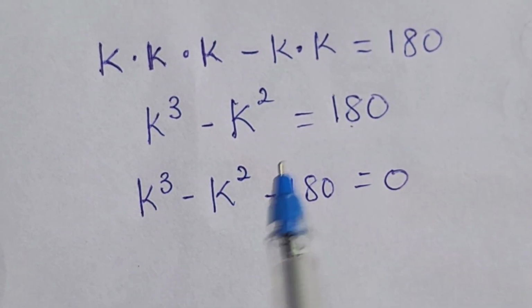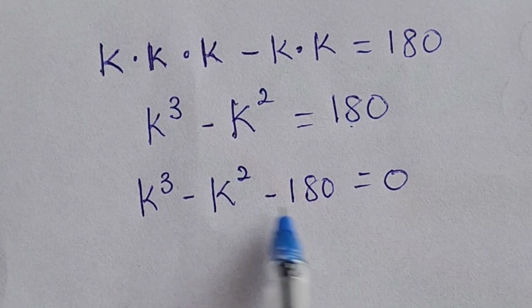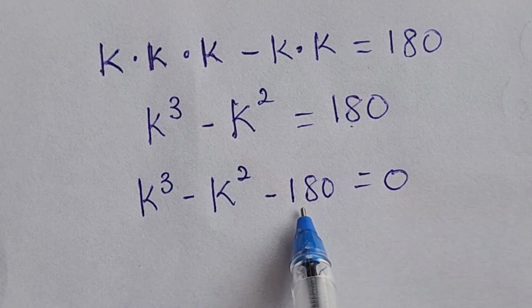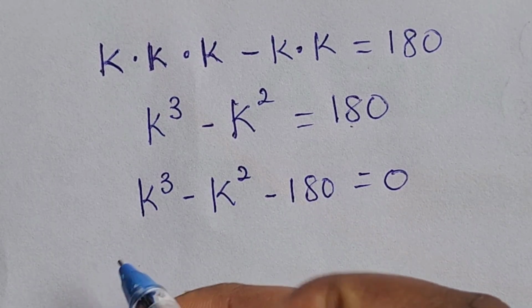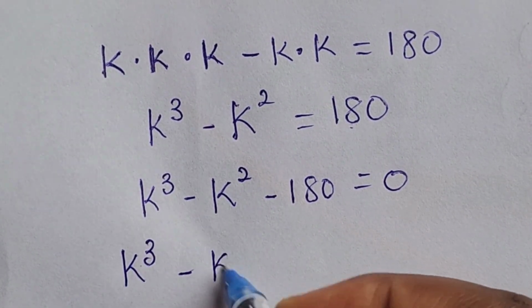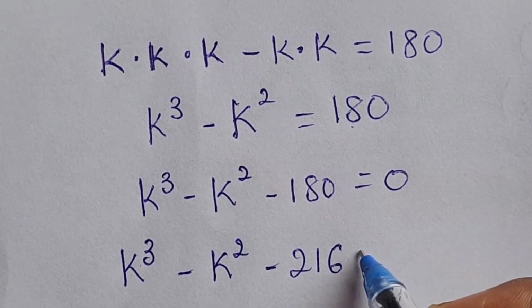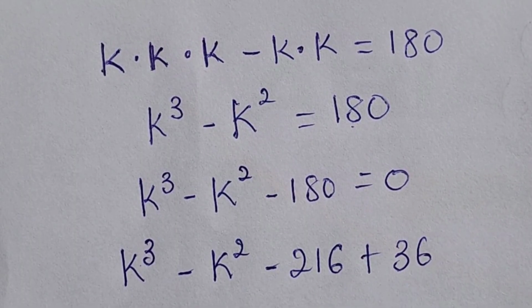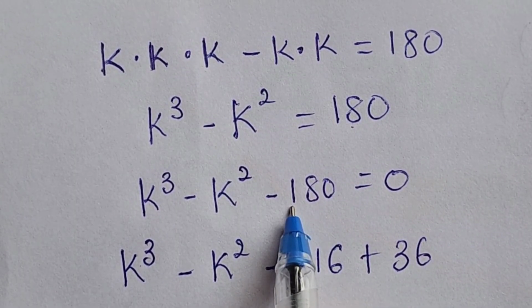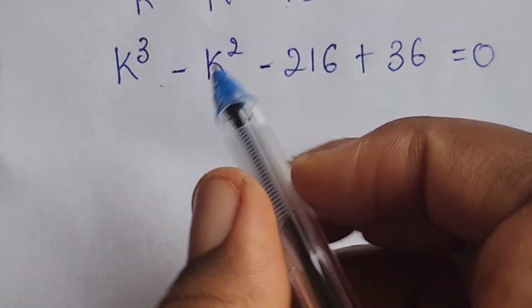equal to 0. So we have a cubic equation here, but we can split this 180 into 2 to have k to the power of 3 minus k squared minus 216 plus 36. This will give us minus 180 to be equal to 0. Resolving this,